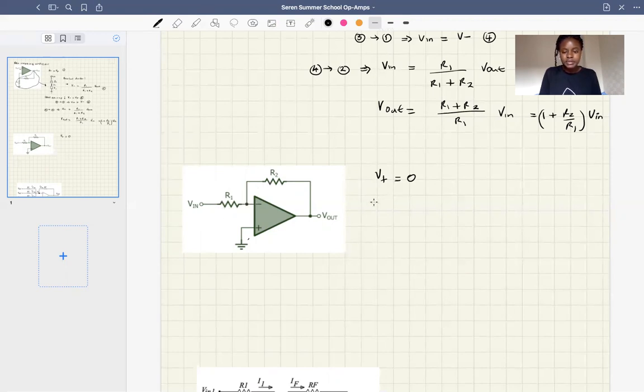If you look at the top now, once again, we can redraw this as a potential divider. Actually, how about we take a different approach? We're using different circuit techniques. How about we look at the current going through? Let me just change the color. If we look at the current going through this loop here,